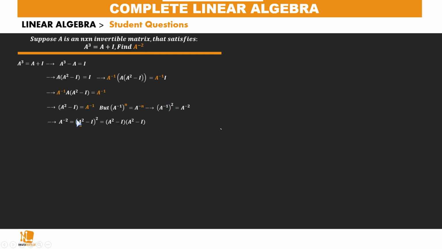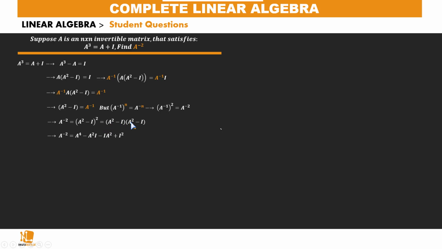Once we have this, we have that A to the -2 is equals A squared minus I, all of that squared. And that's because A squared minus I here is actually equals A inverse. So with this, we have A squared minus I times A squared minus I. And now multiplying this two, we have